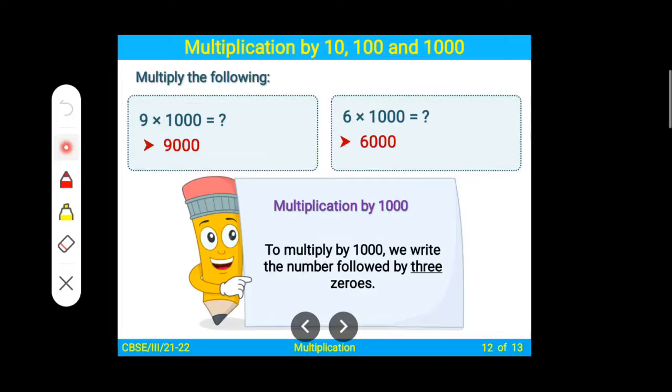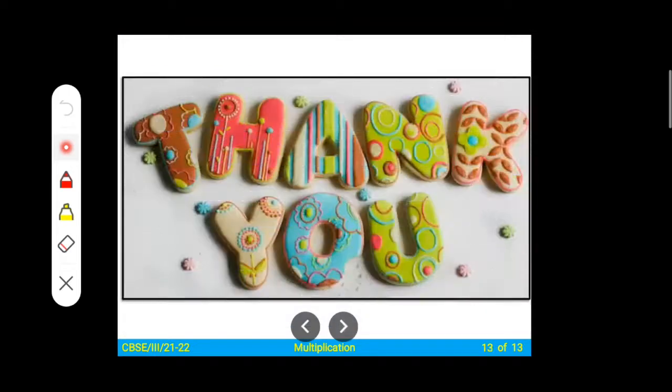Then we learn the multiplication by 10, 100, 1000. जब भी आप मल्टीप्लिकेशन कर रहे हो कोई भी नंबर का 10 से, तो लास्ट में 1 0 ऐड करना है. If you are multiplying with 100, add two zeros after a number. If you are multiplying with 1000, add three zeros after a number. So we learned this. From that, now we are going to solve our exercise, that is exercise 4.6, and I'm hoping that you pause your video, try to solve by yourself and then resume the video here.